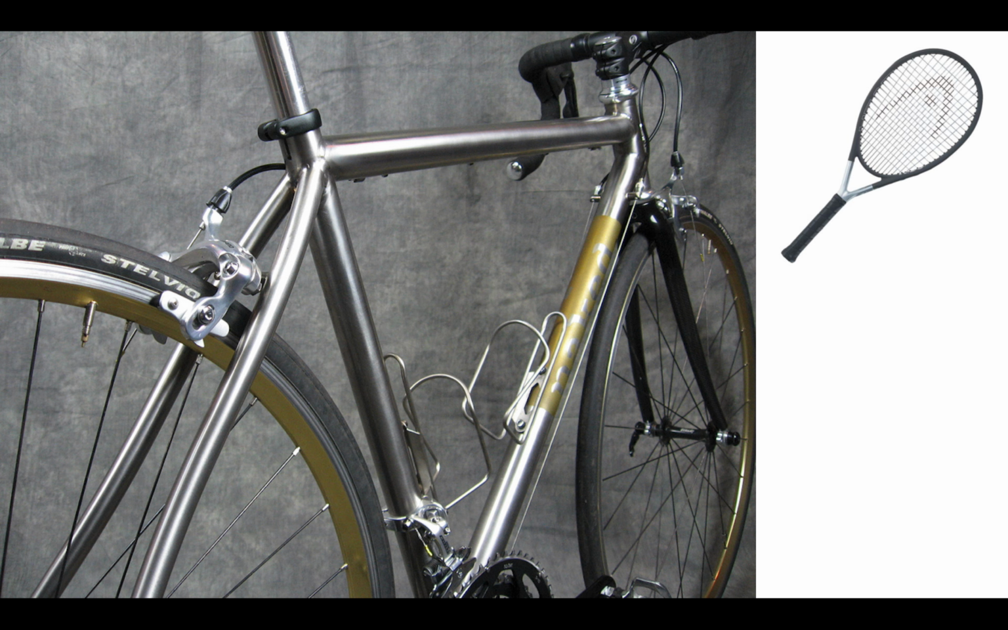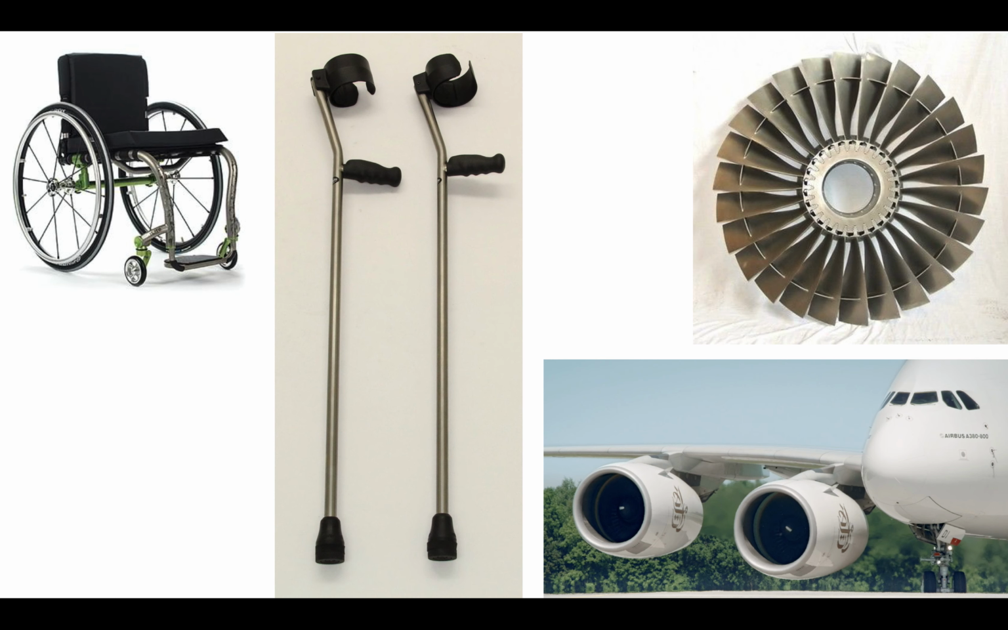Now, titanium is a really interesting metal. It's lighter than aluminum, but stronger than steel. So it's an expensive metal, but they use it for a lot of athletic products, things where weight is very important and strength is also very important. So bicycles or tennis rackets. Also for things like crutches or wheelchairs, again, where weight is important and strength is important, or for the fans in airplanes, or the blades in airplanes,